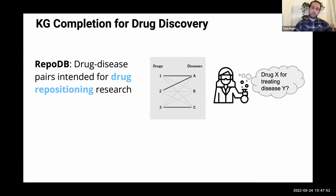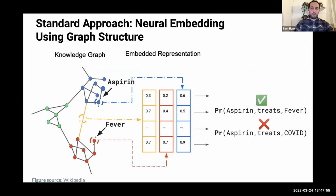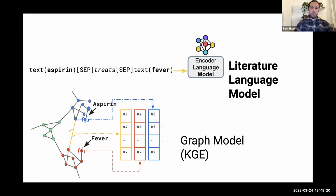off-label uses of drugs. Now, the standard approach that I'm sure a lot of you have heard of for completing knowledge graphs is basically learning a neural representation of nodes and edges in a way that captures graph structure, and then using these representations to predict whether a relationship between two entities, like a specific drug and a specific disease, exists. Now, in this work, we look at that graph representation too, but we also look at something that is not really being explored in this scenario and setting, which is taking a literature language model that's trained on biomedical papers, and seeing if we can leverage that information and a textual representation of entities in our knowledge graph to augment the ability to make these